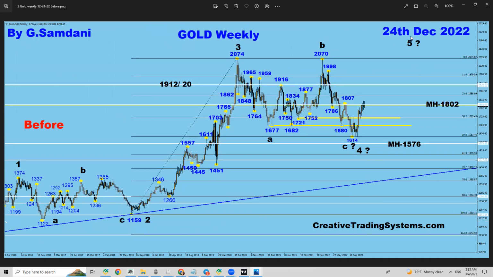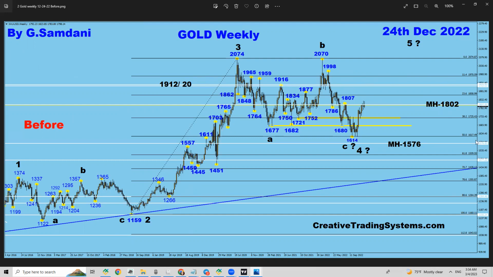The next chart I made on the 24th of December, that we start bouncing exactly from there. And so far, we hit this number. This number is very, very important, 1802. It will come into play again later. So we'll see if we will break this level and then test it. Then this band here, 1912 and 1920. If we break this, we go here. And then you have 1916, and after that, a couple of important numbers here, and also the 11.4 level here. So that was the target.